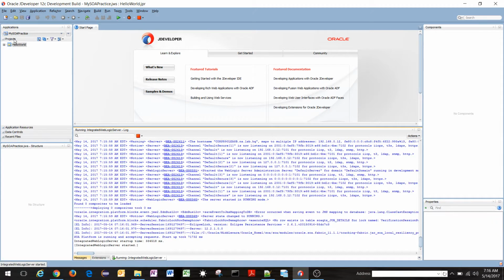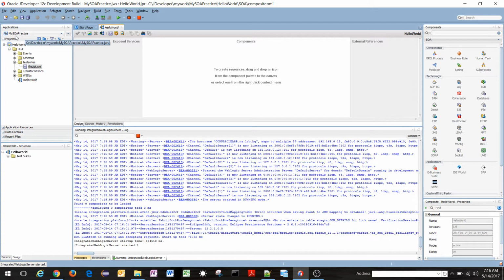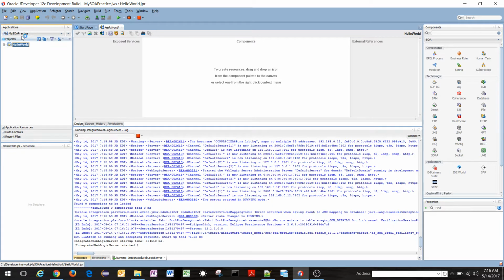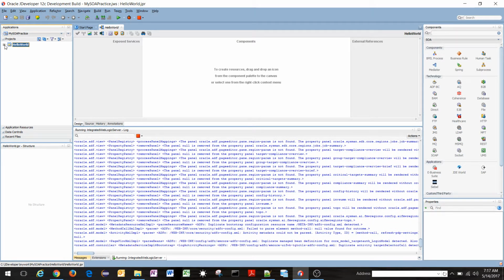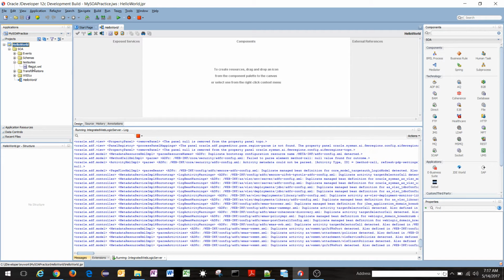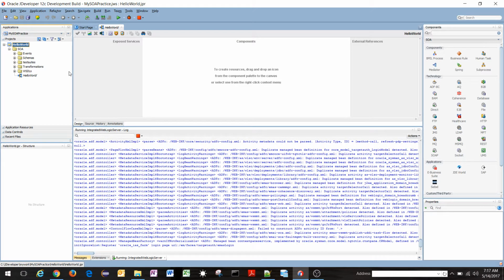So you can see it has created the application here, and the application consists of one project called HelloWorld. For the application we used SOA application as a template while creating it, and even for the project we selected SOA as a template, and we have not selected any default components. So we selected an empty composite. If you see the project structure, it will create these many folders inside your workspace: